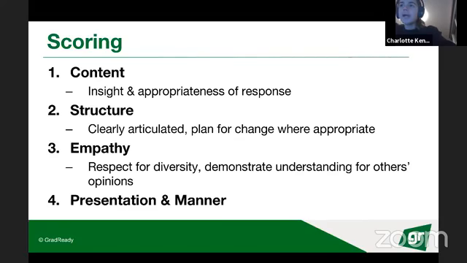So you just want to make sure that you're breaking down things in a really structured way and that it makes sense in your head. Empathy is really important. They won't necessarily have an empathy box to tick, but they'll have something kind of like that, or qualities that they want. So make sure that you're ticking those boxes, like we said before, and then also your presentation and your manner. This is all about being professional, being polite, talking clearly, and making sure that you are communicating effectively and in a way that is appropriate for the context.